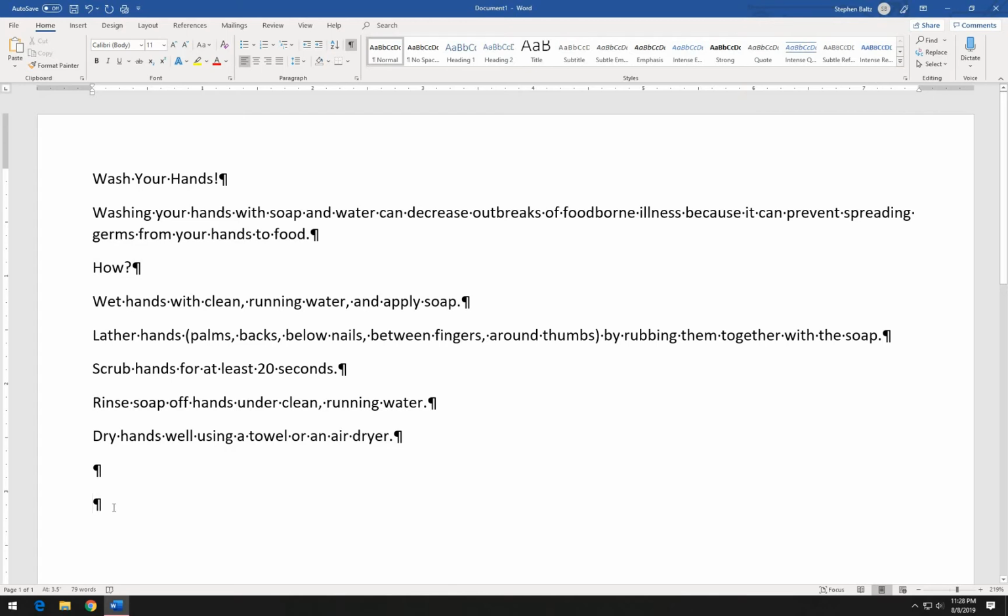Alright, so we are ready to type in some more text on page 1-19. We're going to type in the word when and a question mark, and then press enter, and then we're going to type in after eating, coughing, sneezing, or using a tissue. And then press enter. And then we're going to type in before, during, and after preparing